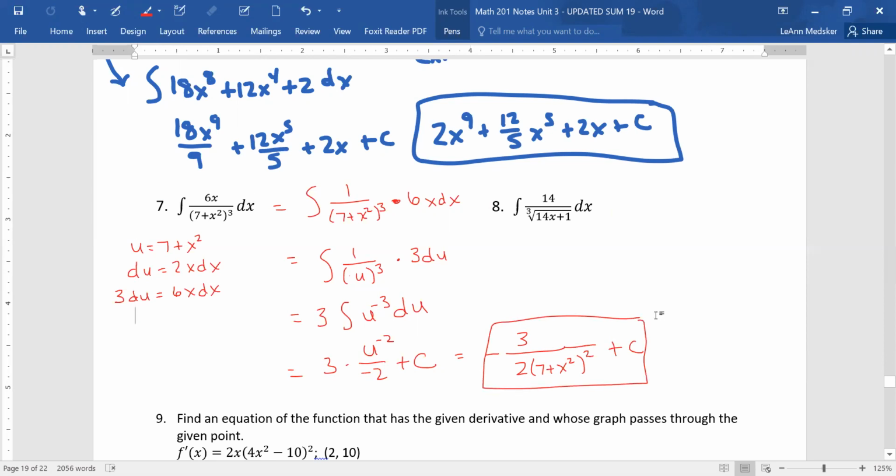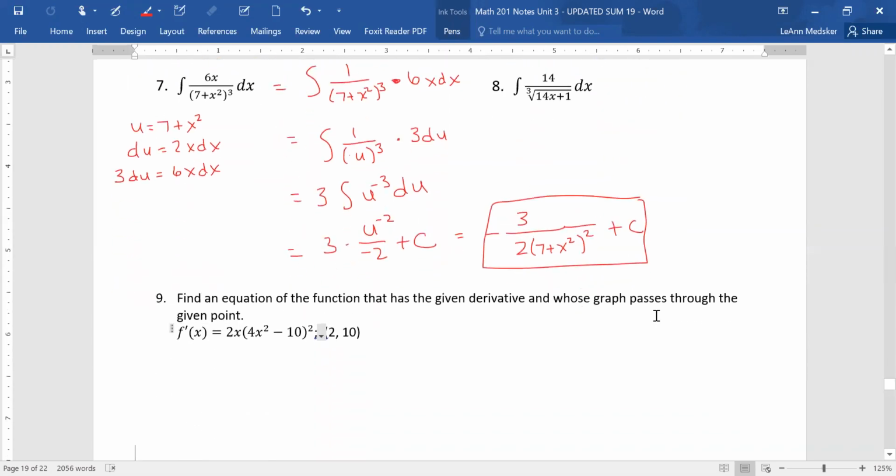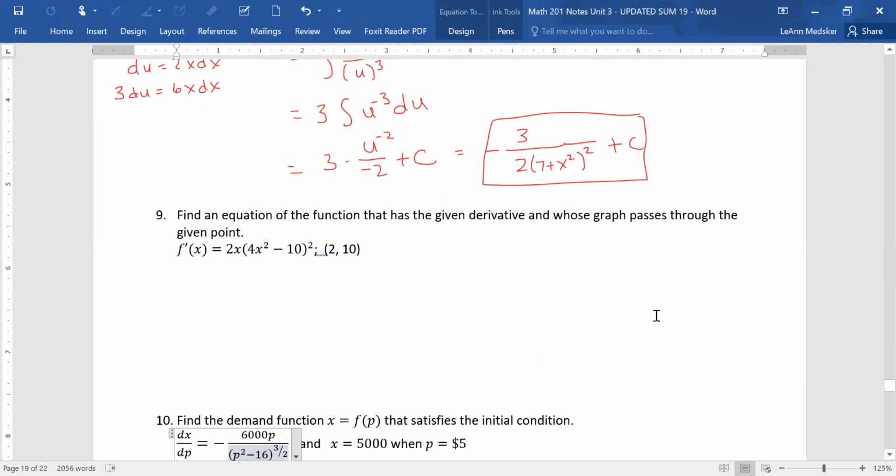And then the last one for 5.2 is going to be number 9. This is just the same application we've done every time we've taught you about working through a problem. We then write an equation of some kind. Usually it's been the equation of the tangent, but this is different because we're going backwards. So it says find an equation of a function that has the given derivative and whose graph passes through the